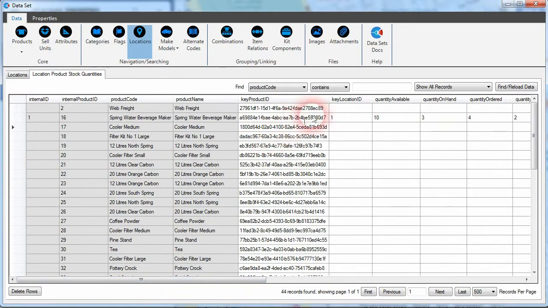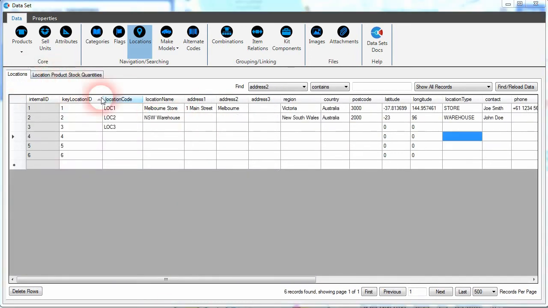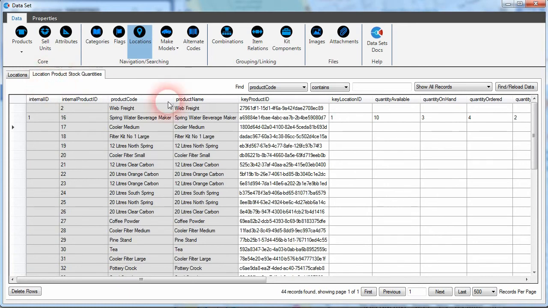Now, if you want to assign this product to multiple locations, let's just go back to locations and create, say, a warehouse location. So we have a second location here called our New South Wales warehouse. So we'll get the key identifier of that. And back within the location products quantities table, if we click on the insert key,